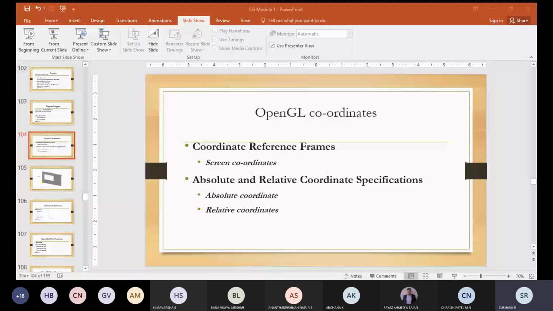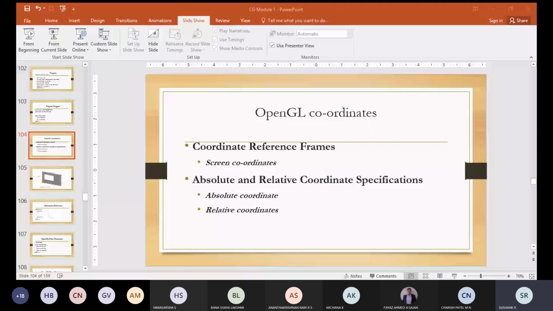And also this pixel will occupy some position on the screen. Since it will occupy some space on the screen, the size of the pixel must also be taken into consideration. So for the present, we'll assume the integer screen position references the center of the pixel area. Once the pixel positions have been identified, the color values must be stored in the frame buffer. So this is regarding the screen coordinates.